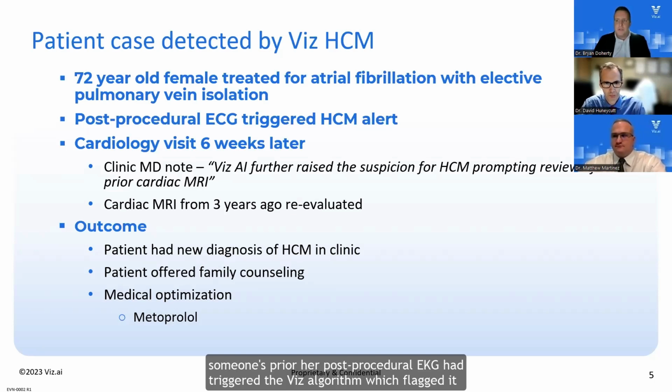Her post-procedural EKG had triggered the Viz algorithm, which flagged it for our clinical team, myself, Dr. Honeycutt, and our colleague, Dr. Gentry. At a follow-up visit, we were able to acknowledge that this post-procedural EKG had highlighted